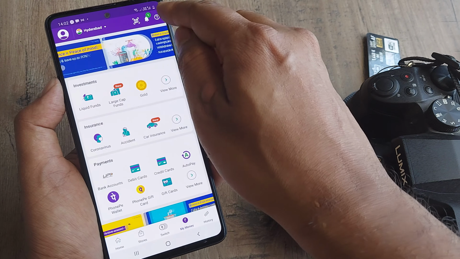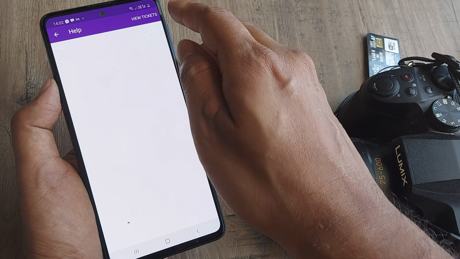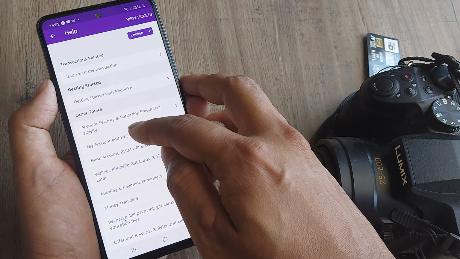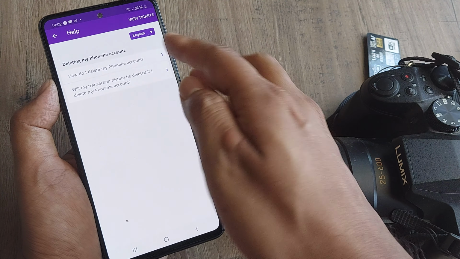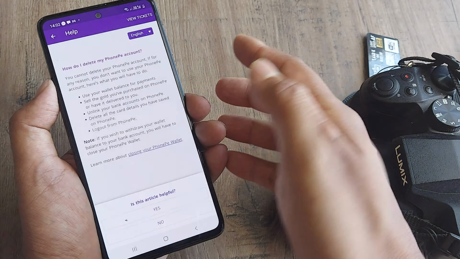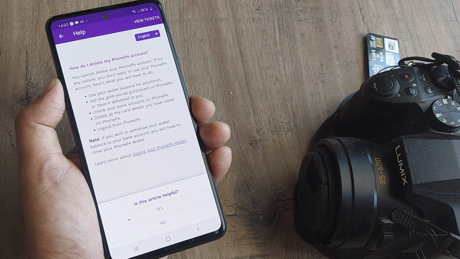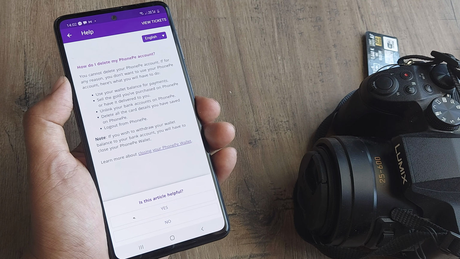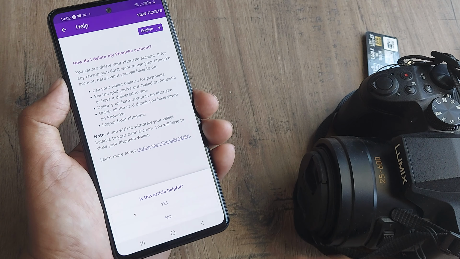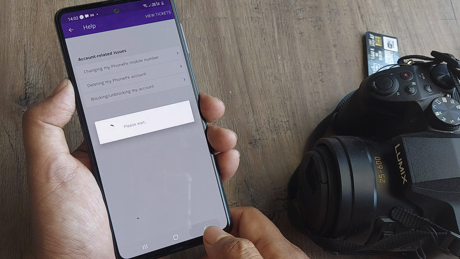Another thing that you may do is go to your settings and then go to closing of wallet from account related issues. If you close your wallet once, you will not be able to reinstall it again. All the wallet money will then come and hit your linked primary bank account. But again, this step may also take 3 to 5 working days. So in case you ever struggle with this, this is one thing that you should know.